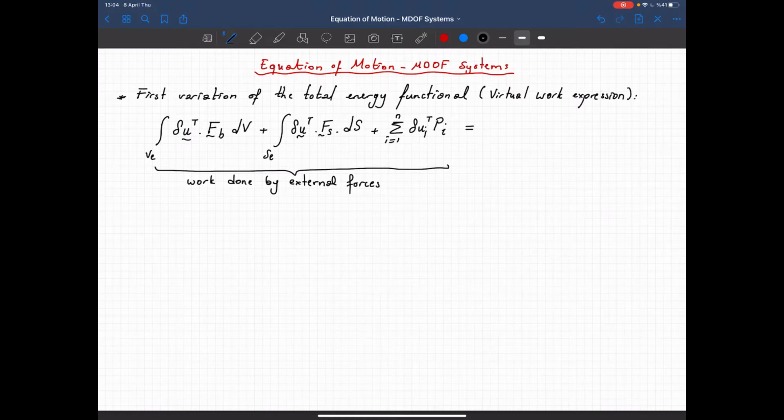So they should be equal to, integrated over the volume, now I have the strains multiplied by the stresses, that's the internal strain energy, plus the displacements